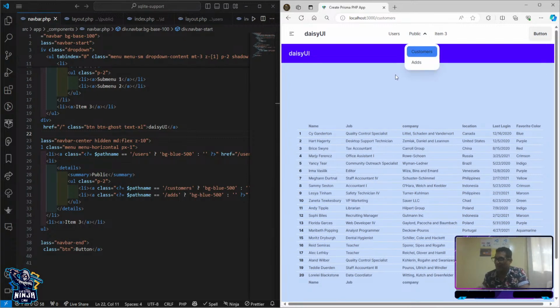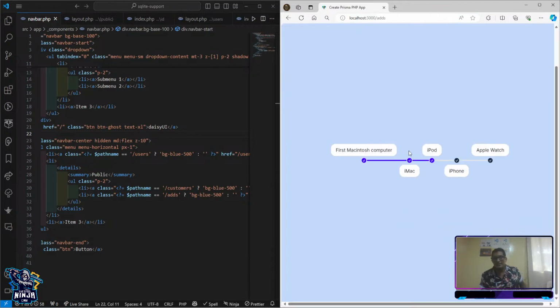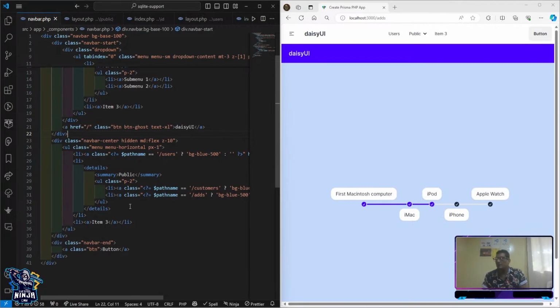Useful. Pathname makes navigation easy. That's why you use pathname when you want to identify the route, like navigation does. So remember that section. Okay, now what we're going to do is get into